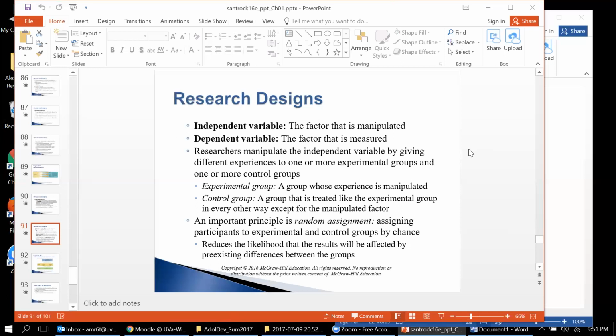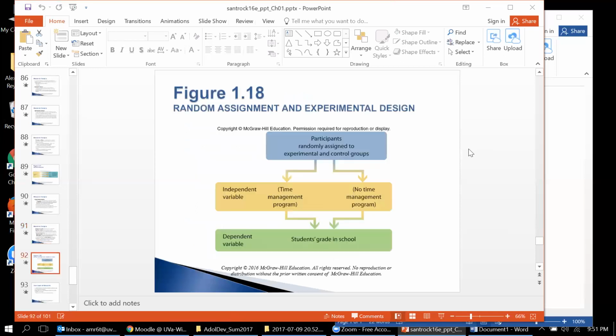So what we're measuring here is the grade. So the grade is going to be, we hope, okay, we think, dependent upon that time management program. Because the grades are going to be dependent upon the time management program, we refer to the grades as the dependent variable. So here, the first leg, the blue part, we're going to assign participants or students randomly to